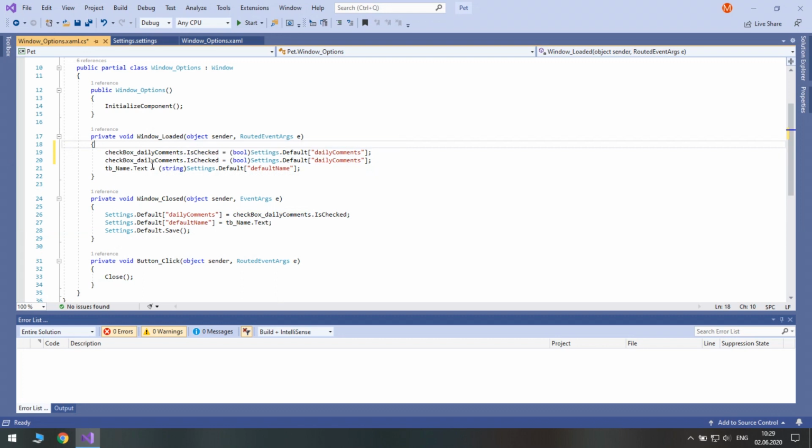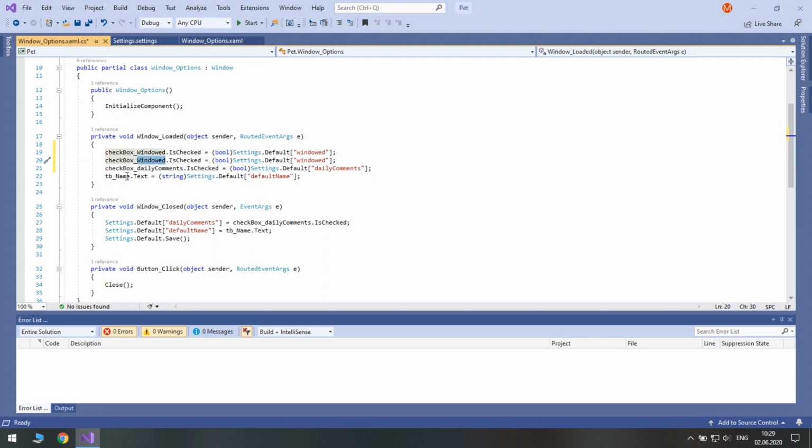So checkbox windowed is checked equals both settings default windowed, and also checkbox music is checked equals both settings default and music. TB name text equals, that's right. Yeah, we don't need to change anything here.